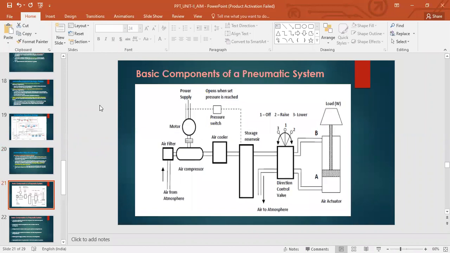You see, now the next thing is the pneumatic system. Because when we are automating the system, there will be certain components involved, right? Systems would be involved to operate the automated system. So one system is a pneumatic system, right? That is able to operate the machine or material handling system, etc. So we'll see what are the basic components of a pneumatic system, because this will be installed in your automated system.